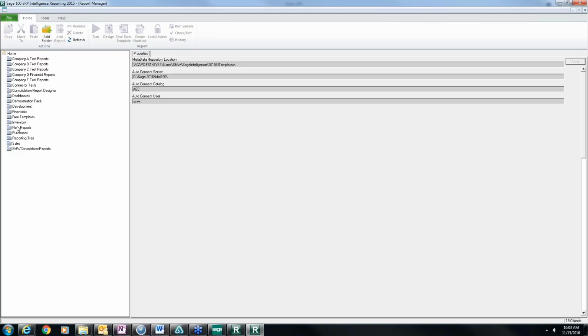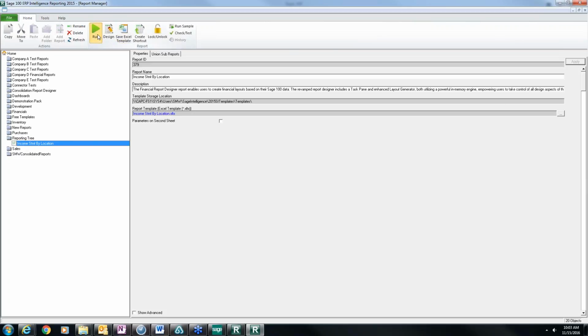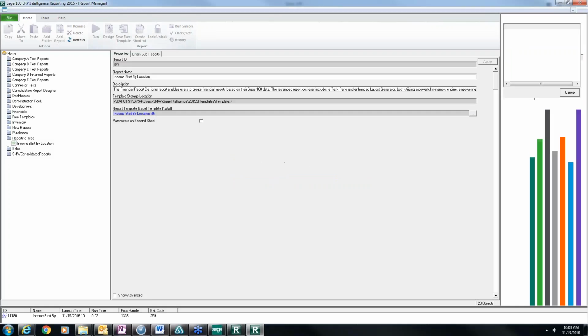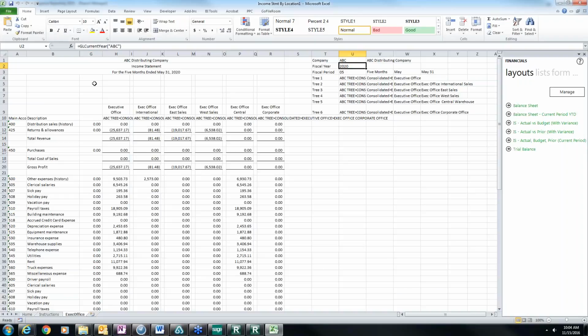actually created a sheet. So I have this report folder that's called Report Tree, and I created this income statement by location. So we're going to run this out. It'll just take a minute. Okay. So this is what we're looking at. This is what we're going to get to,